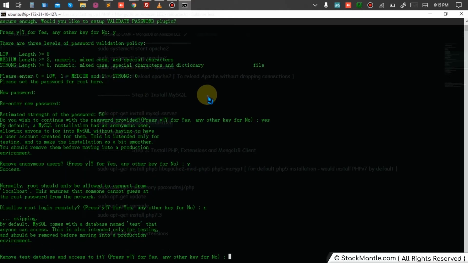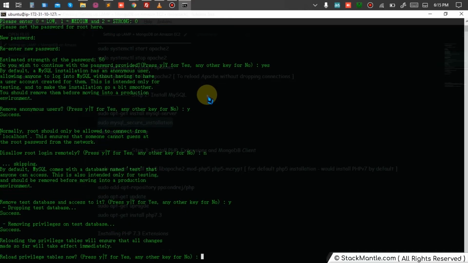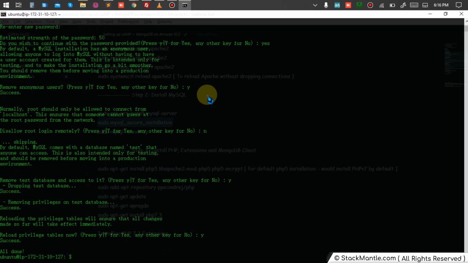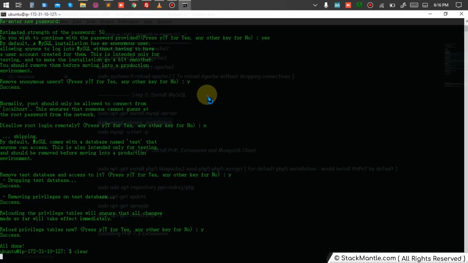So it also asks if you want to remove any test databases, if you have access to them. We don't have any, so I'm assuming that MySQL has created its own, so they are going to remove it. This command would reload your privileges table for now. Privileges tables are the tables which have all the rights defined already for which user and how it would be. So for the default root user, it would have all the master privileges. So I'll say yes, I want to flush the privileges and add a new one. Okay, so that is the use of secure installation.